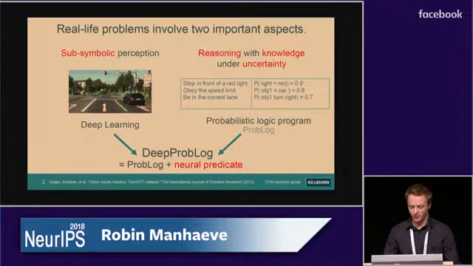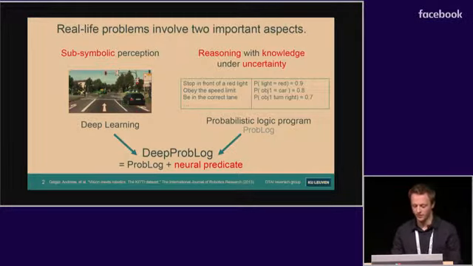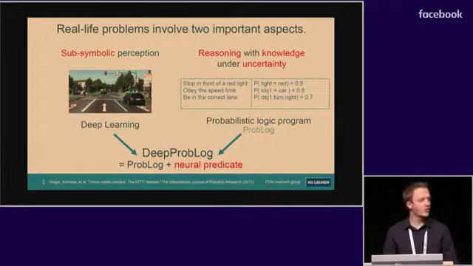Real-life problems often involve two important aspects. First, you have to do some symbolic perception, such as object recognition. Now, this can be solved using deep learning. On the other hand, you often have to perform reasoning with knowledge under uncertainty, such as knowing that you have to stop in front of a red light, but being unsure of what the car next to you is going to do. Now, deep learning might not be the best thing to use to solve this. Instead, you might want to use something like a probabilistic logic programming language, such as ProbLog, which was developed at our research group. So that's why we decided to integrate these two into DeepProbLog, which is just ProbLog extended